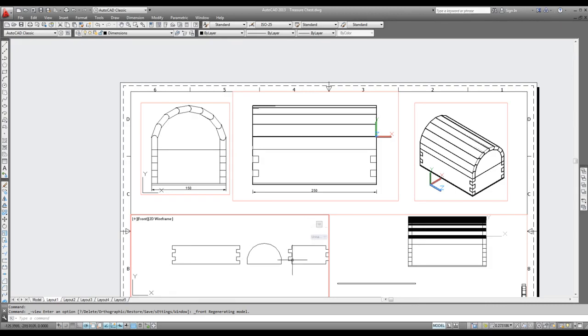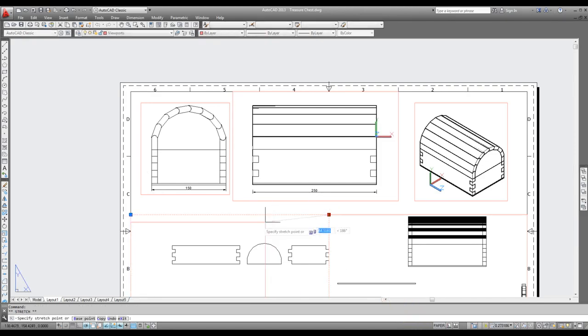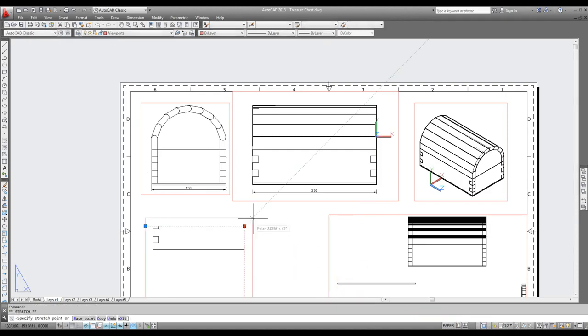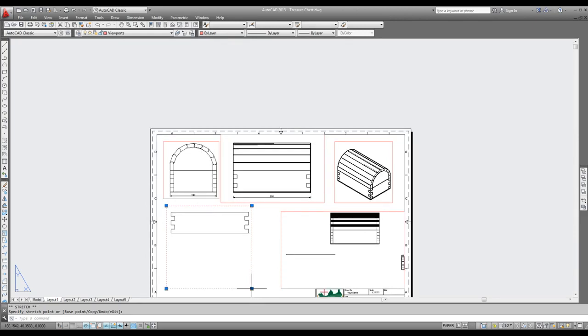Now, because they're so close together, what we will do is move the viewport so that we're having an individual part in there, double click in it, and we want it to be 1 to 2 because the scale is 1 to 2 for all of them. It doesn't matter if it's got too big, we can't see it anymore. All we've got to do is move the viewport until we can see the complete thing. Move that one up. Then we can copy that viewport, put it down there,